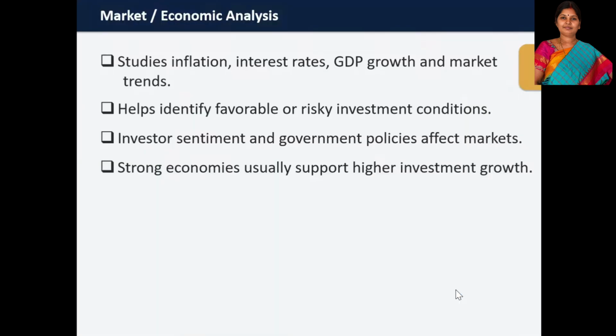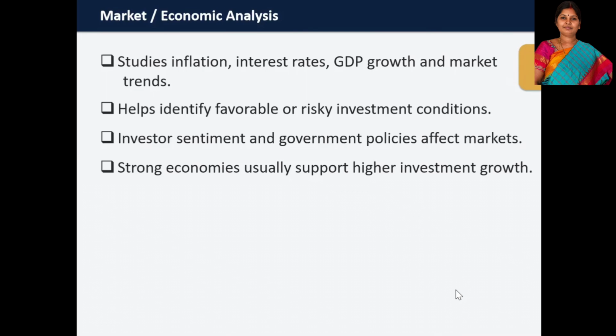Now, first we'll know about market or economic analysis. In this, we have to know about inflation, interest rates, GDP growth and other market trends. So this will definitely help us to know what our economic scenario is. This economic analysis or market analysis will also help us to know what are favorable investment conditions and what